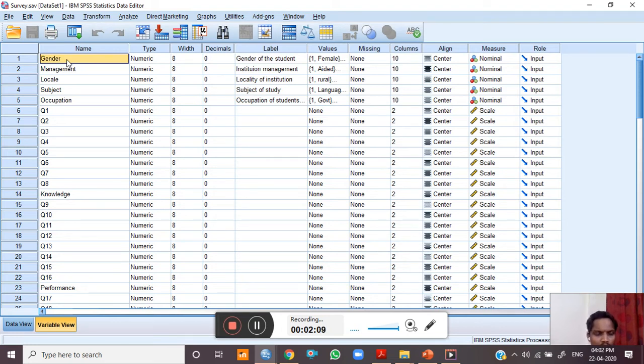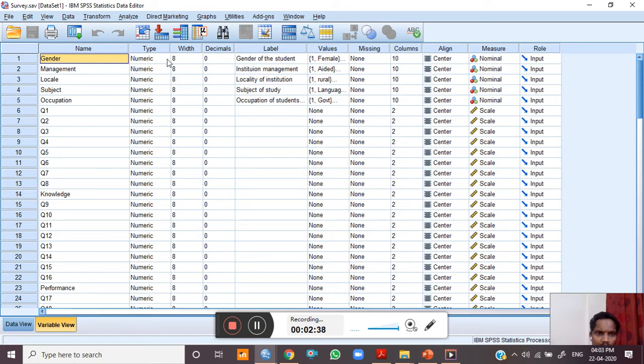Similarly, you cannot enter a number when you are entering any variable, then the SPSS will not be accepting that. Similarly, you can't have two similar variables also. So whenever you are making such mistakes, the SPSS will show you an error message, so that you will come to know that some error has occurred.